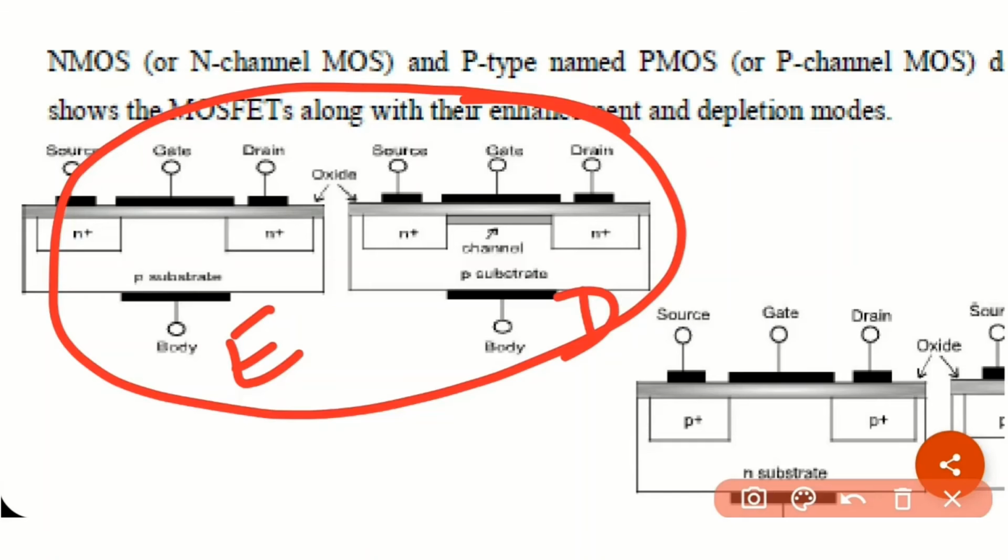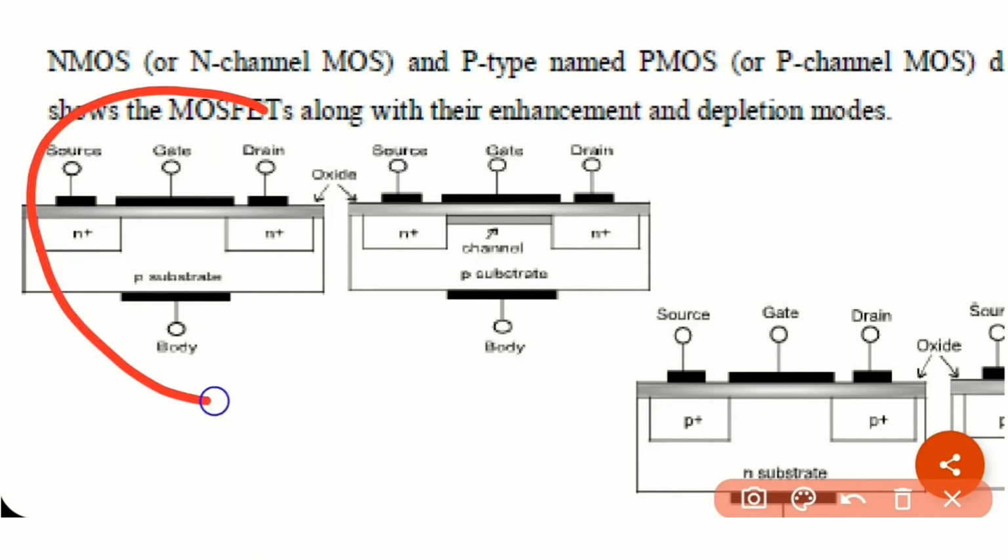That is the first point. Another thing is, now I am talking about this enhancement mode. Enhancement mode, I will give you some points. The channel is not established and the device is in non-conducting state. Clear? There is no channel formed and the device is in non-conducting state. And your VGS is 0. VGS is 0, VD is 0, VS is 0. That is drain voltage, source voltage, gate to source voltage, all are 0. Because there is no channel between